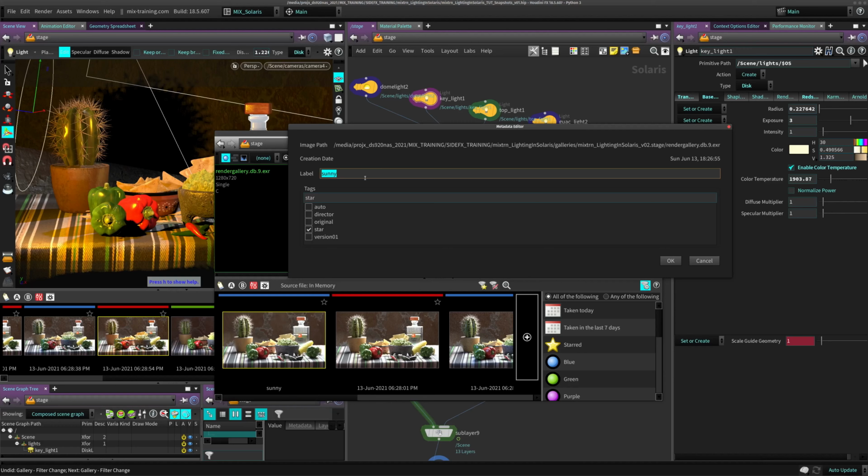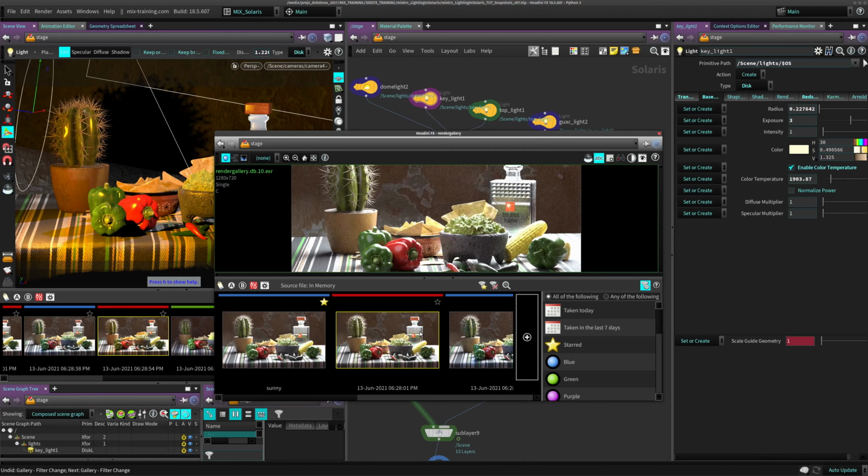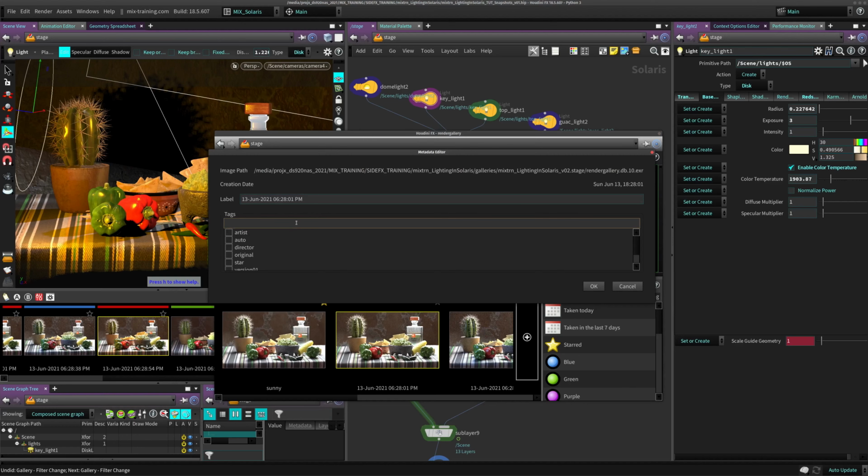You can also change the label here. You can add tags by writing here. If you want to say this is the artist version, see, now I have an artist tag. If I put a space and call this window version, now I have a window tag as well. So you can tag them as whatever you want here, edit metadata, and add also for rejected